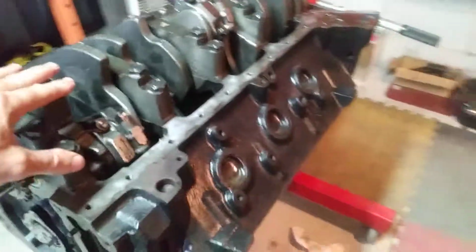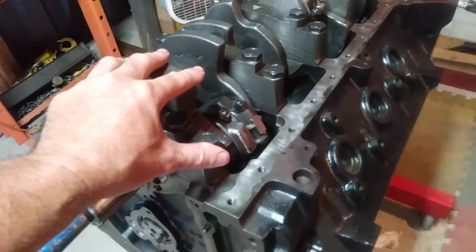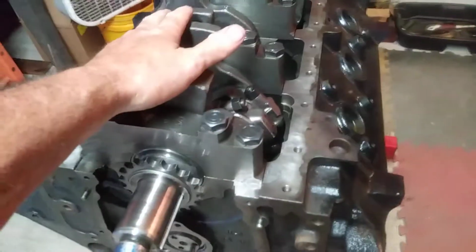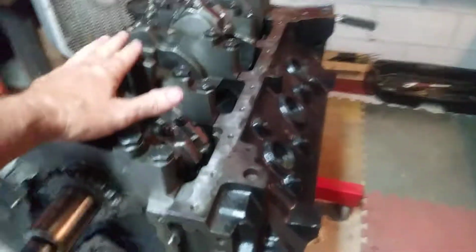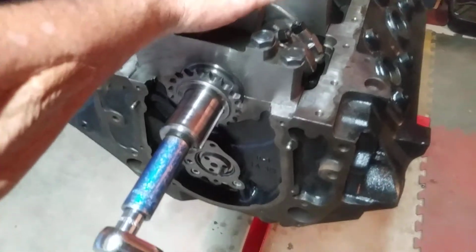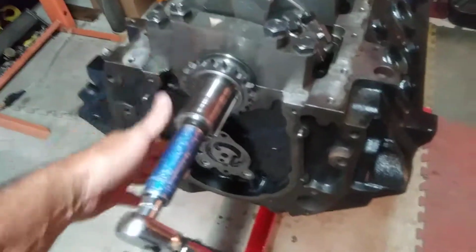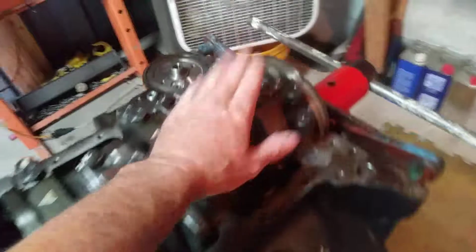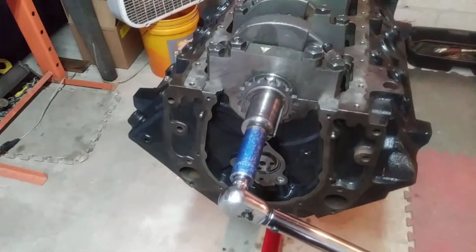So what else do I need to discuss? I covered the rings and the fitment thereof. I got still pictures of that, the bottom end, the cylinders, the heads. I'm getting ready to pull them out of their wrappers and clean them up, and I'm going to flip this baby over and put the heads on it, and I'll have a long block. Then after that, I'll time the engine, put the timing assembly in place, and it'll start going together pretty fast after that. You know, oil pump, things like that, pickup tube, and as I mentioned to the client last night, we're definitely ready for the intake and carb